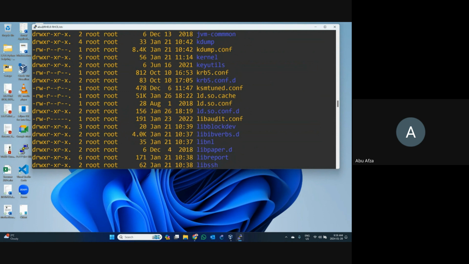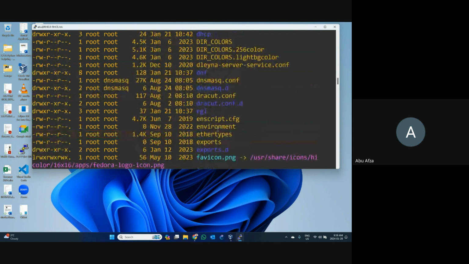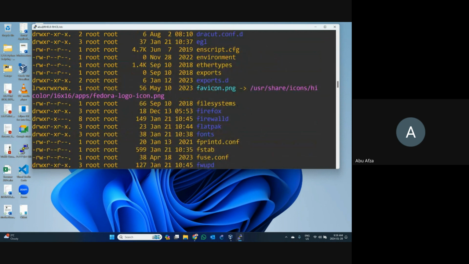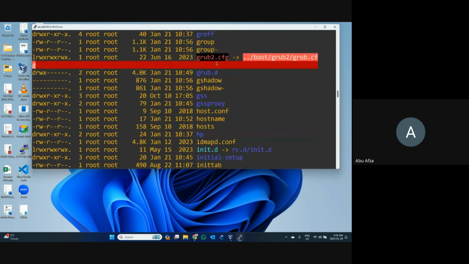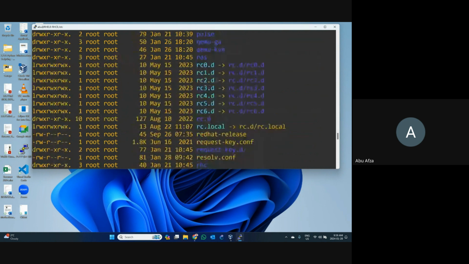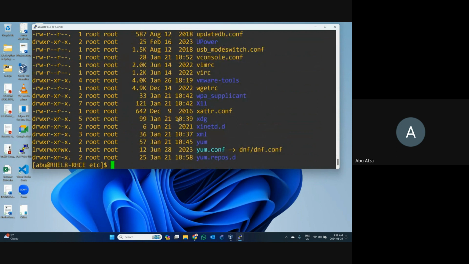And that one is a directory. When you see anything in that color, that is called a file, and this is the directory. Most of the time the link files are a different color. This is the PNG one, its color is like that. This is a system file, a configuration file, and for this reason it's red. It's a very dangerous file. Okay, this is the way we can see some files. You can see this one is a YUM configuration file. That one configures your server or any Linux environment, so we need to use that one.